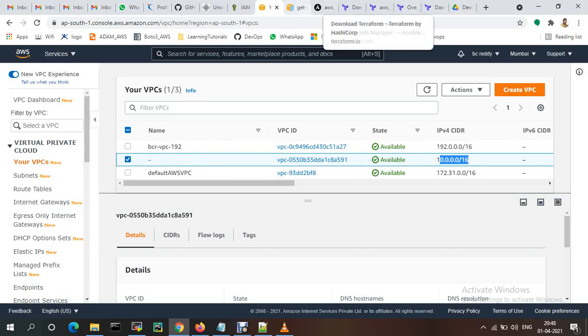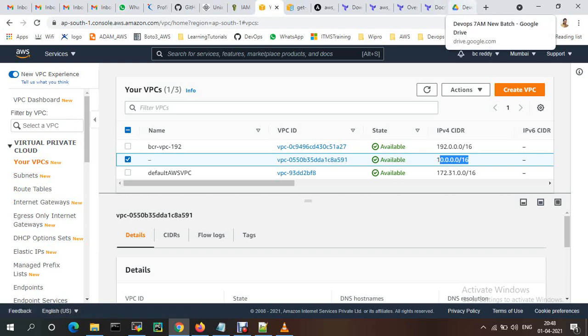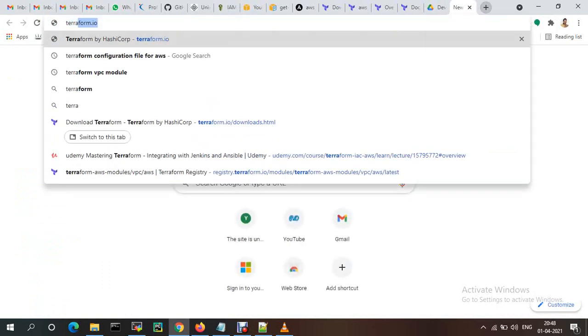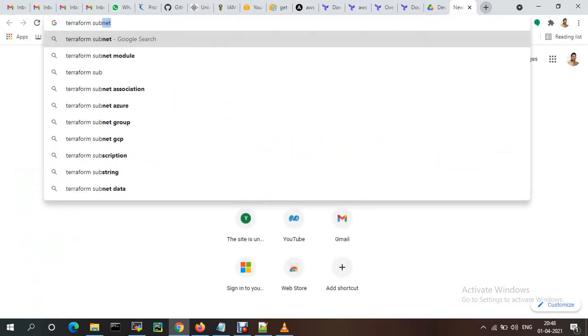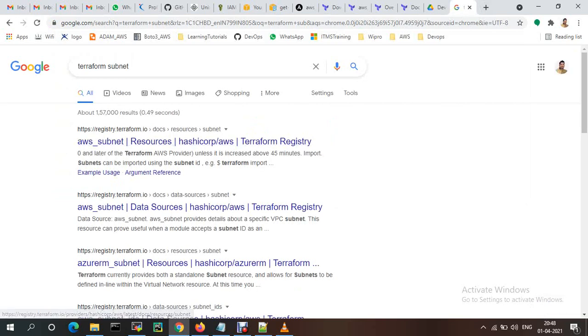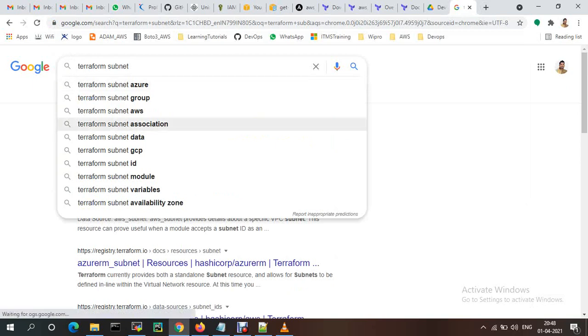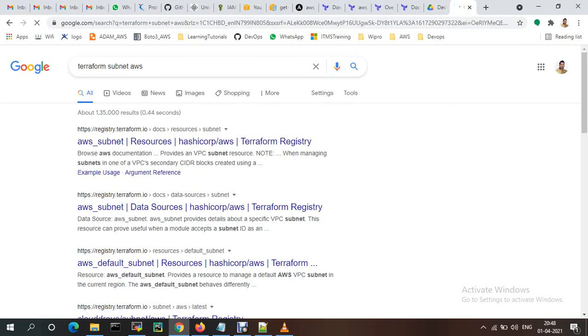In the same one you also need to create a subnet. Okay, Terraform subnet, AWS. You just need to go to subnet, this one.